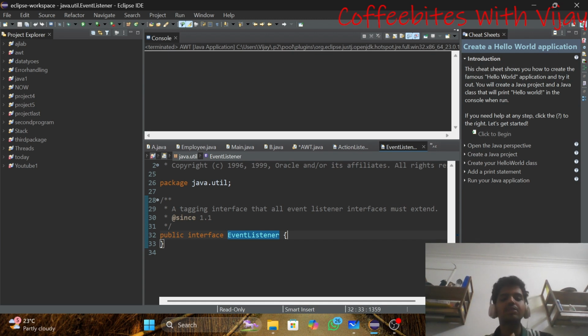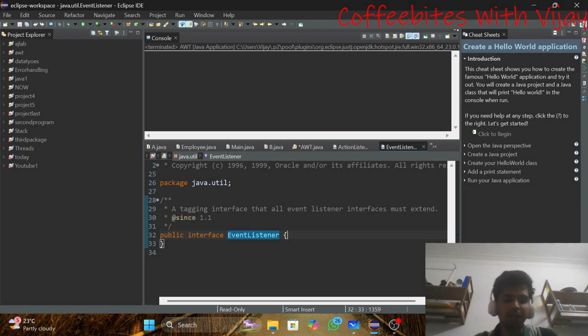Why do we require this marker interface? Guys, I don't want to go into depth. I will explain this concept later when I explain the object oriented concepts. This marker interface tells the Java compiler that this is a listener class and you have to perform some actions whenever some event appears.